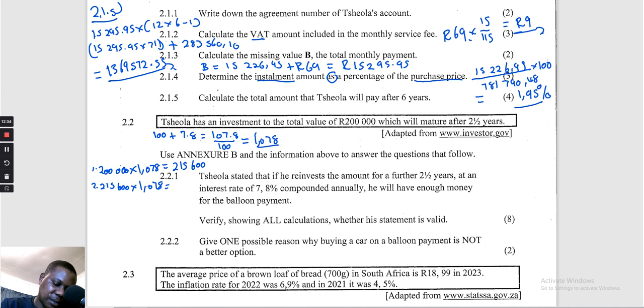Multiply by 1,078, and then it gives us 232,416.8. Then we go to the third year. How much do we invest? We invest 232,416.8 multiplied by 1,078. Multiply by 1,078. Then now after 3 years, it means we have